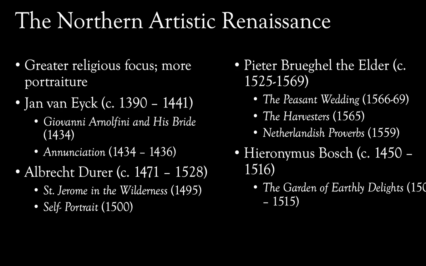We also don't see as much sculpture in Northern Renaissance art. And Northern Renaissance art is usually recognizable because of the incredible level of detail and symbolism found in the paintings. All right, so Northern Renaissance art tends to have a lot more detail and symbolism in the paintings. And also, the cultural life of the Northern Renaissance was often dominated by the courts of kings and princes. And this is reflected in the enormous amount of portraiture that existed in the Northern Renaissance. And of course, we can identify portraiture as another example of individualism.